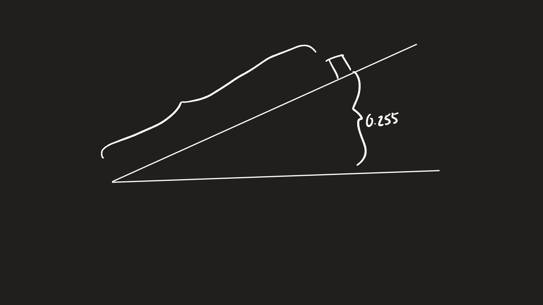It was 30 degrees, but the block is now up here, and it is 0.255. We were supposed to figure out how far along the ramp it went. Now, I'm thinking all we should have to do is assume that the 10 centimeters was based along the ramp. We pulled it back 10 centimeters, and this 10 centimeters